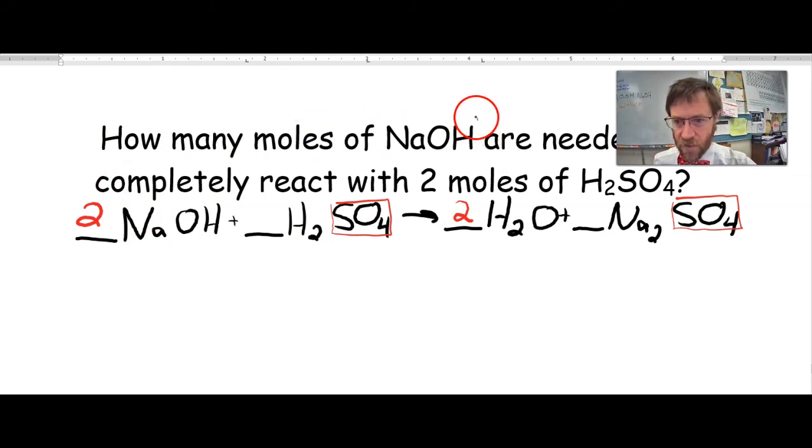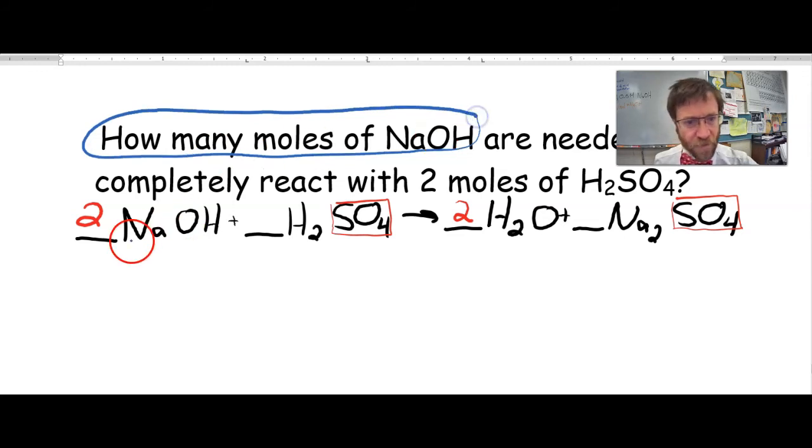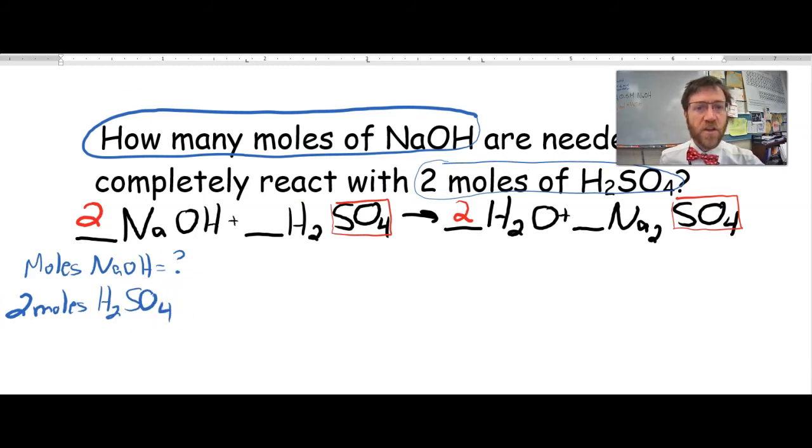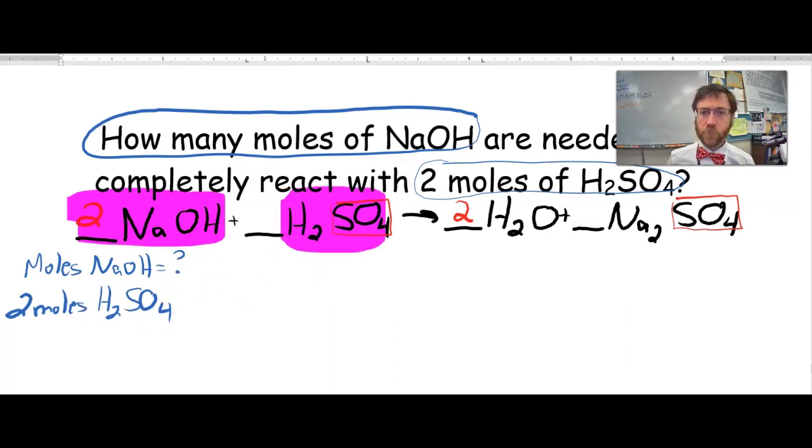And I can't remember, okay, how many moles? Okay, here's my one thing. How many moles of NaOH? That's one thing I need, so I'm going to write it down. Moles are needed to completely react with 2 moles of H2SO4. Alrighty, so there we go. So the 2 things that I'm going to be messing with here are NaOH and H2SO4. Right? So what I'm going to do is write down what I'm starting with in the upper left-hand corner, which in this case is 2 moles